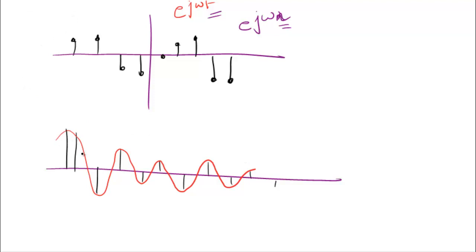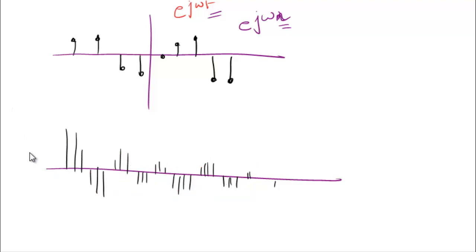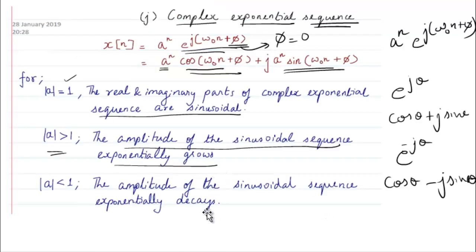Now there can be many samples of it based on the value of n and the value of frequency. There can be many values based on the value of omega. So every time the signal may even look like this. Initially when I drew it, you might have seen that it looks like something else, but now you see it in a totally different light. So with the value of omega, it may have different kinds of shape. This is the general complex exponential sequence.